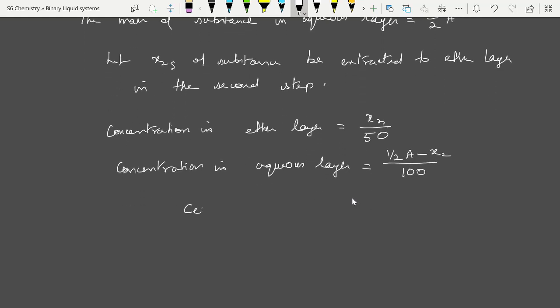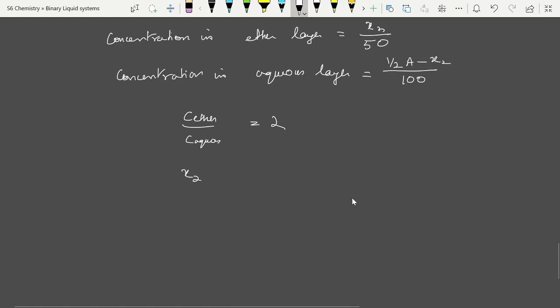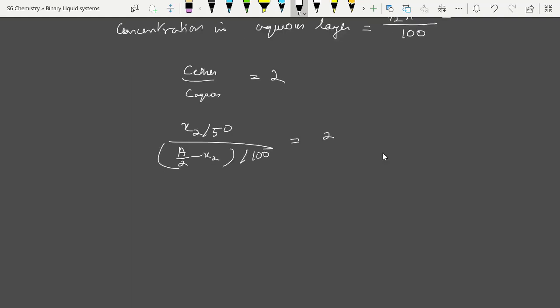So substituting in the expression C ether by C aqueous is equal to 2, you can get C ether is x2 by 50 divided by A by 2 minus x2 divided by 100. This is equal to 2. This is equal to 2x2 divided by half A minus x2, which is equal to 2,